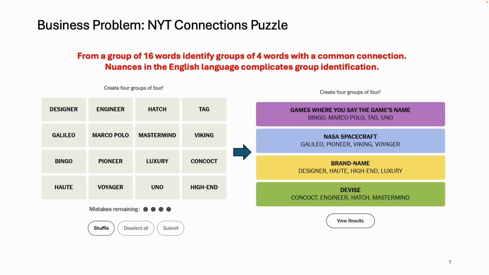In this series, we're tackling the New York Times connection puzzle again. The challenge is simple to describe but tricky to solve. From a set of 16 words, you need to form 4 groups with 4 words with a common connection. What makes it difficult are the nuances of the English language, synonyms, overlaps, and subtle meanings that blur the boundaries